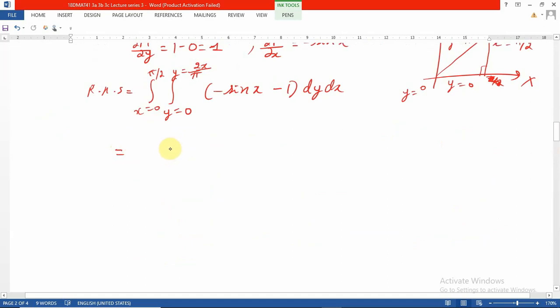Now this is equal to, yes students, now first I will simplify with respect to y. Wherever y is there I am going to take the integration. Looking at this question, there is no y in this, so therefore I take this directly as the constant here. So first y is equal to 0 and y is equal to, here you can see there is no y in the equation, therefore x is equal to 0 to pi by 2 minus sin x